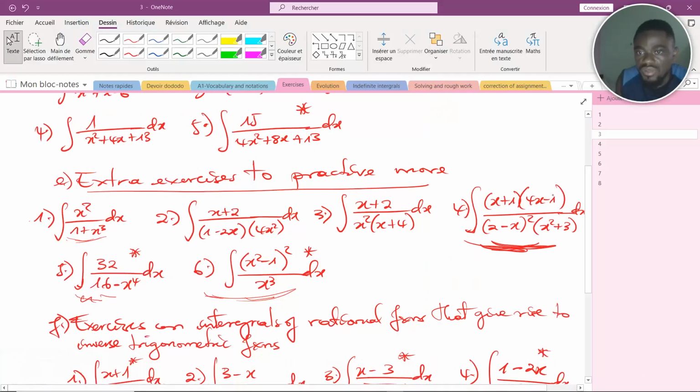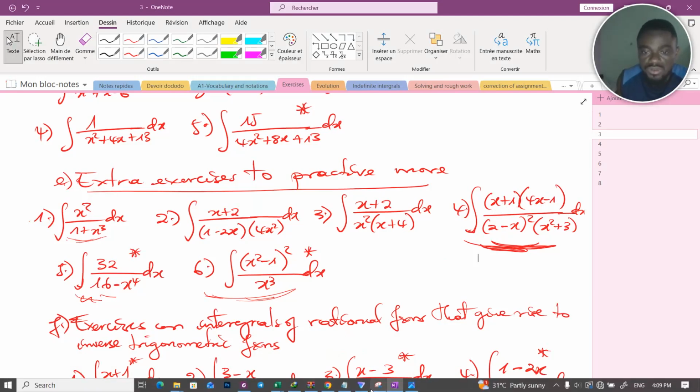If you develop this, the highest power here will be 2, and the highest power below will be 4. You understand? So naturally the degree here is less than the degree here,